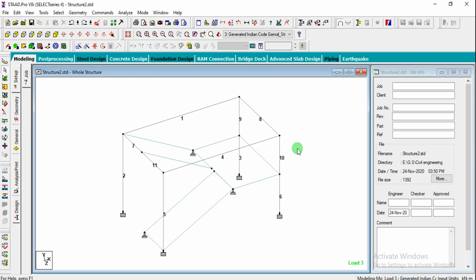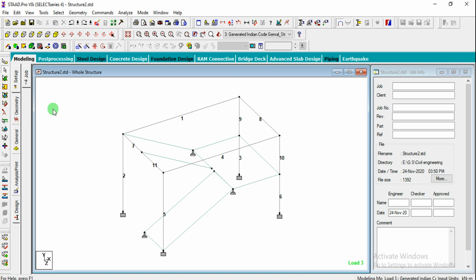In this video, I'm going to discuss the select menu, which is very important. Already we have seen there are different types of cursors at the left side. If you want to select a beam, it will be a normal cursor. And if you want to select a plate, we can't select with the normal cursor, so we have to go for the plate cursor.